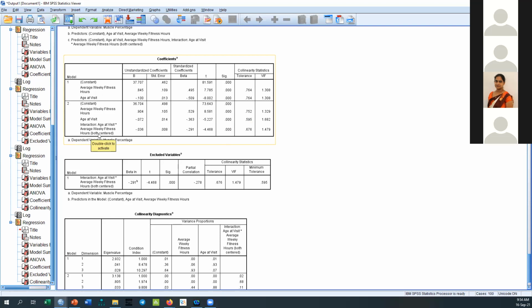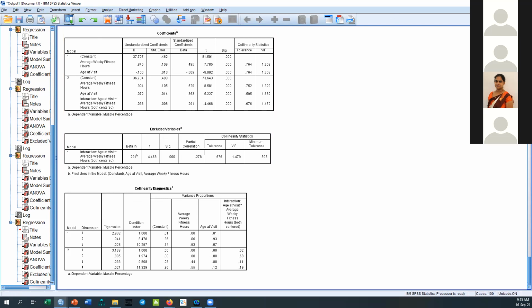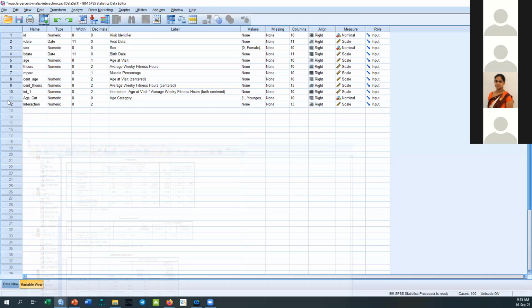If it is complete moderation, only the interaction term will be significant, right? Especially this predictor variable should not be significant in the final model if it is a complete moderation. But here all the variables are significant, including the interaction. Therefore, this is just a moderation, and also it's a negative moderation, right? Right, thank you. Okay, so now I'm going to use the same data set for testing this as a categorical